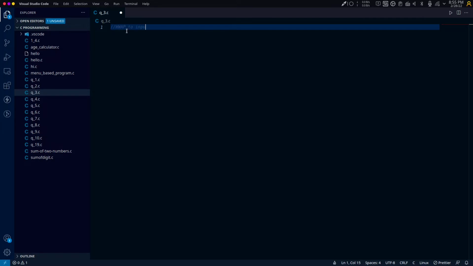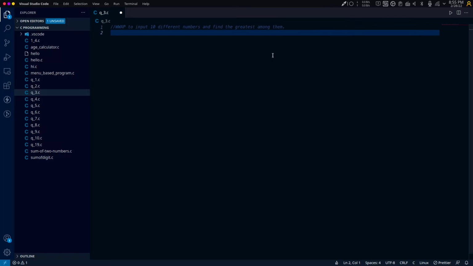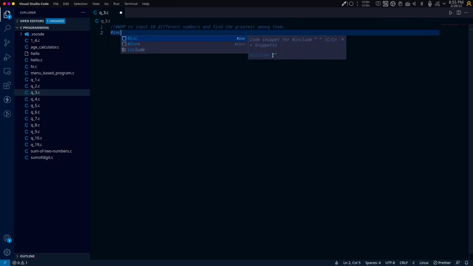Write a program to input 10 different numbers and find the greatest among them. So the question is like this, and then first of all what we'll do is we'll add